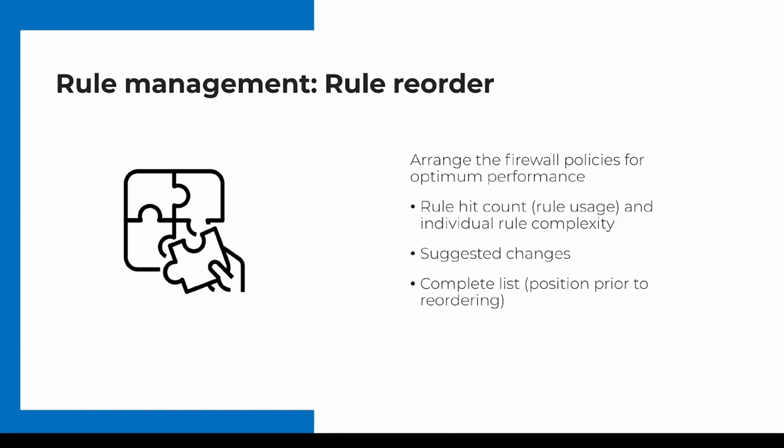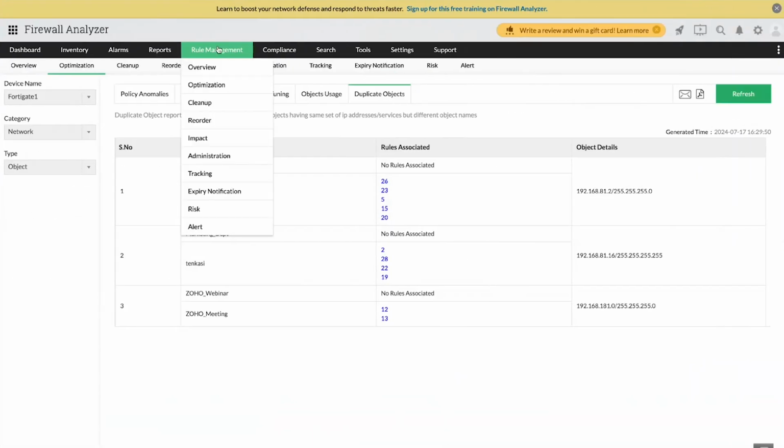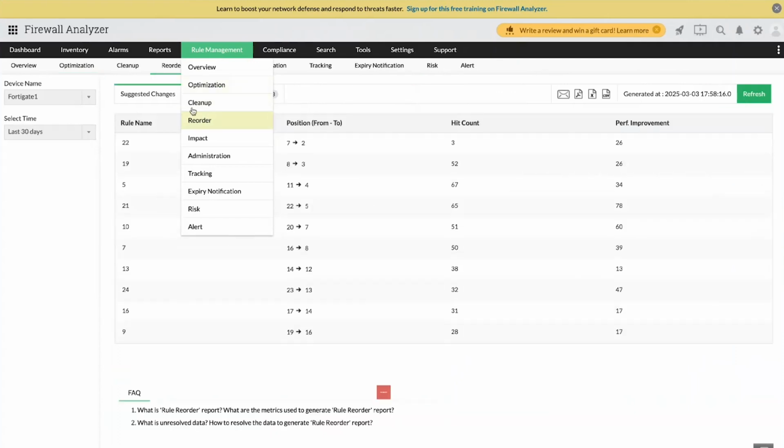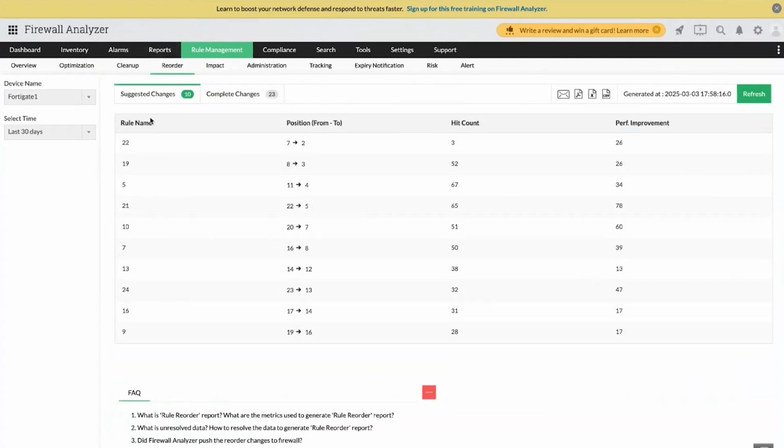So Firewall Analyzer provides you a rule reorder report, which helps you to solve this problem. Again, in the UI, you can see the rule management and you can click on this reorder, or you can just switch to this tab here. As you see, there are a number of suggested changes. Firewall Analyzer provides you with a rule name, and a suggestion of where to move it, what hit count it might have, and how the performance improvement